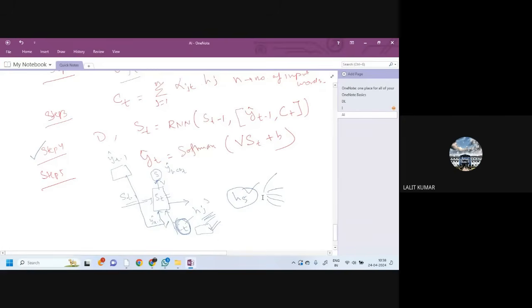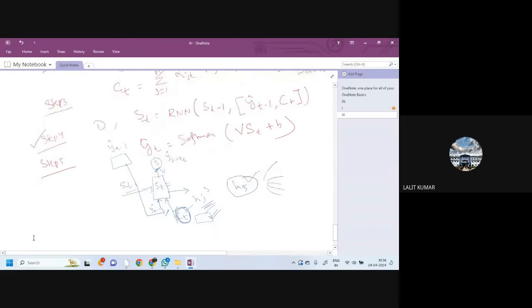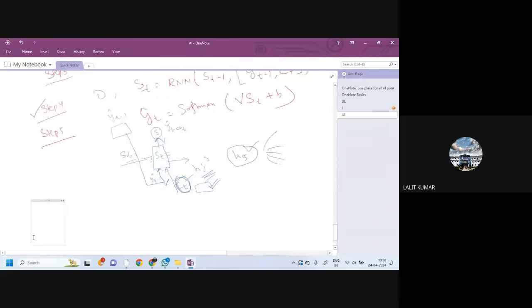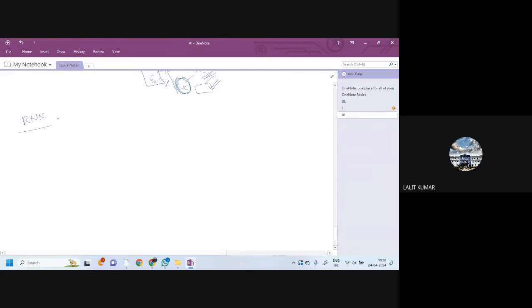Now we go to the LSTM method. So LSTM, I will cover the basics first. In the classical RNN, what was one of the problems? One problem was diminishing gradients,